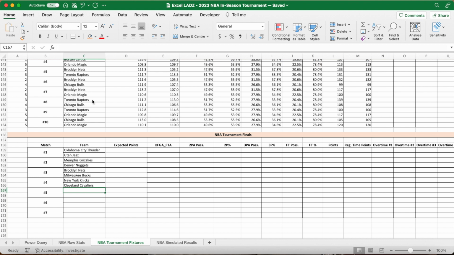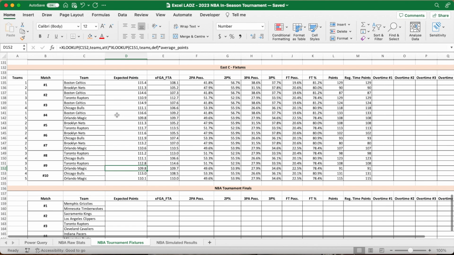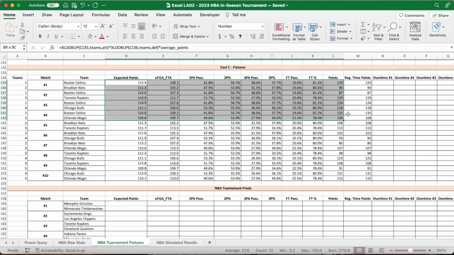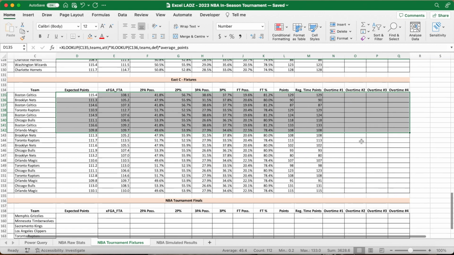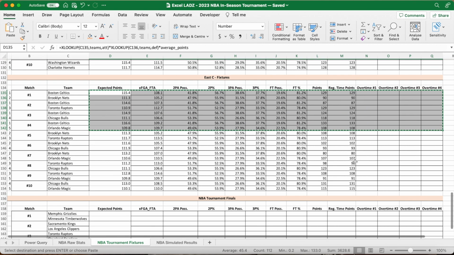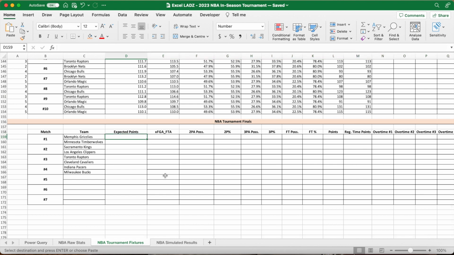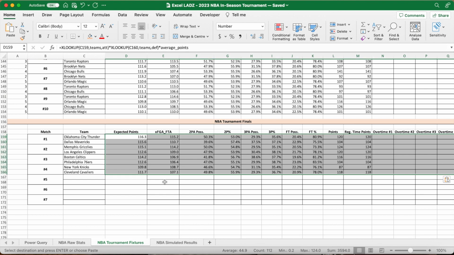Cool. Now we have to work out their expected points and simulate the actual matches themselves between the Grizzlies, the Timberwolves, the Kings, Clippers, Raptors, Cavaliers, and Pacers, Bucks. So scroll up, and we've already got all these formulas worked out in part 1. So select cells D135 all the way across to Q142. So select those cells, copy them, and because they're formulas, we can just paste them in cell D159 and the